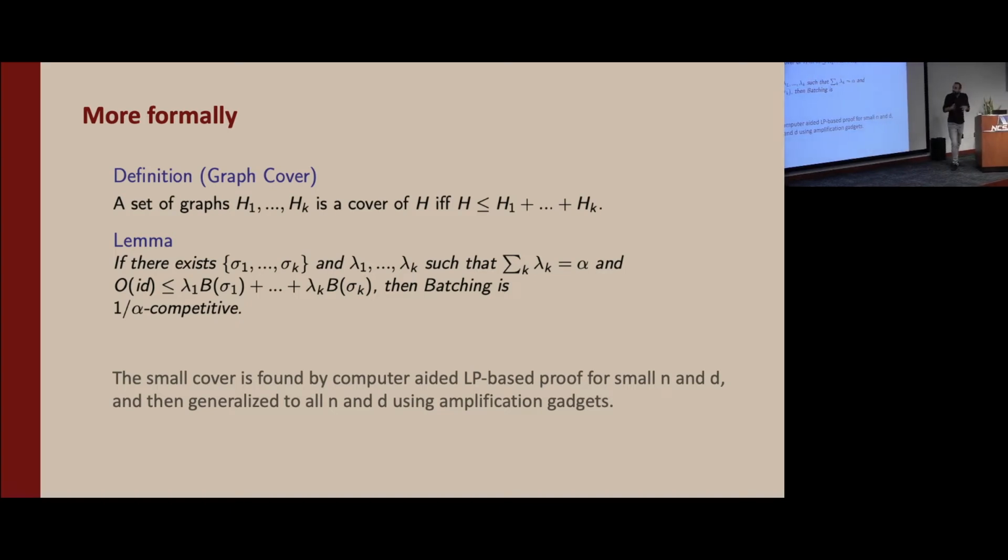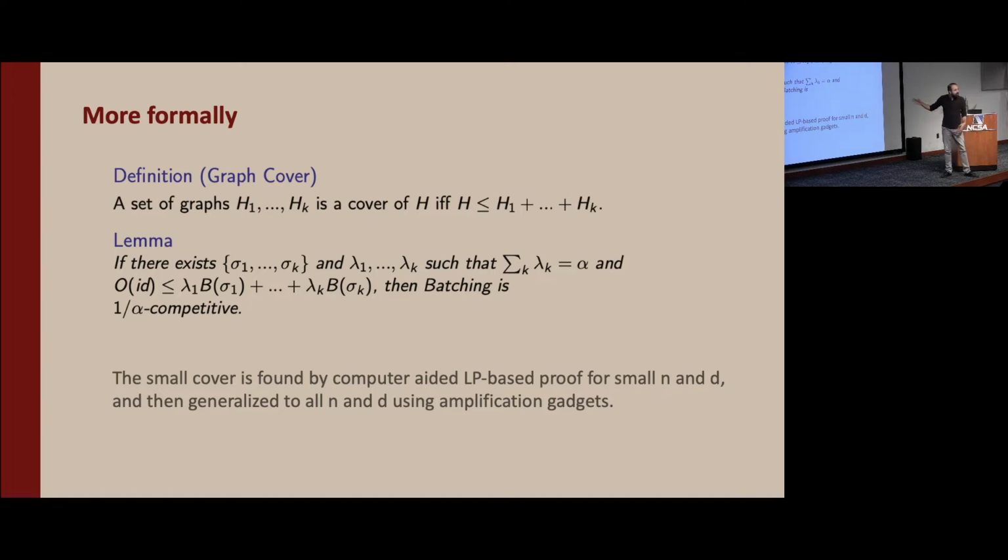So what is the nice thing about this graph cover lemma is that I now only need to find a graph covering between this collection of graphs and that particular graph for the optimal. I don't need to worry about competitive ratios or weights. It makes the problem a simple graph problem.